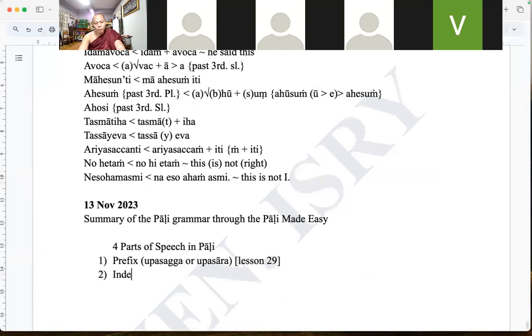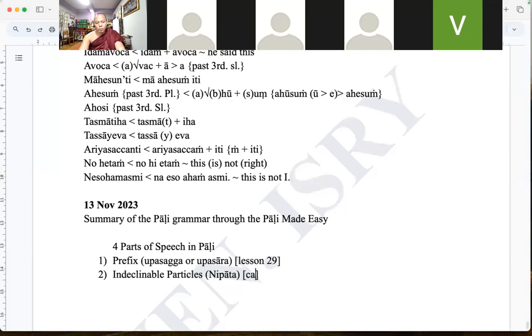the indeclinable particle. In Pali, that is called Nipata. Nipata means drop out. But for this one, the number of indeclinable particles is many, countless in Pali grammar. That is why in Pali Made Easy, occasionally in some lessons like the